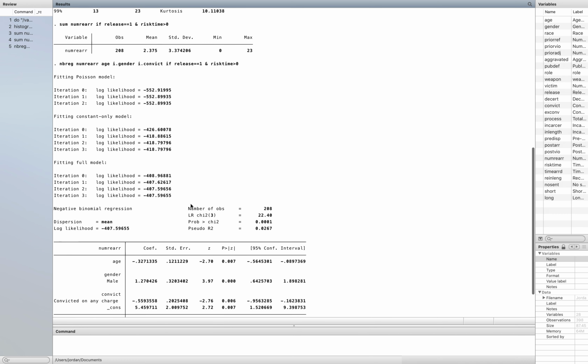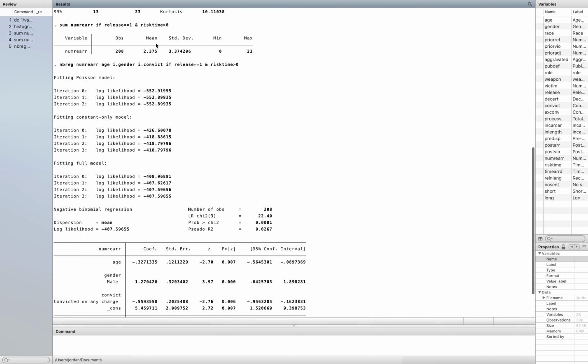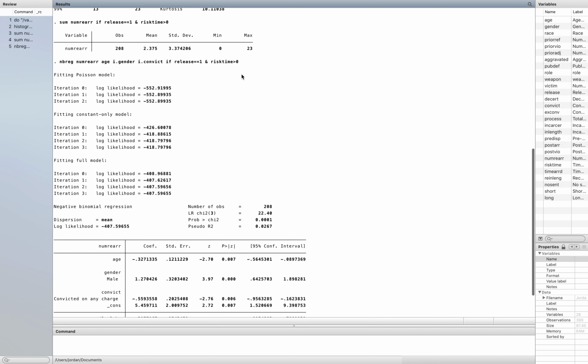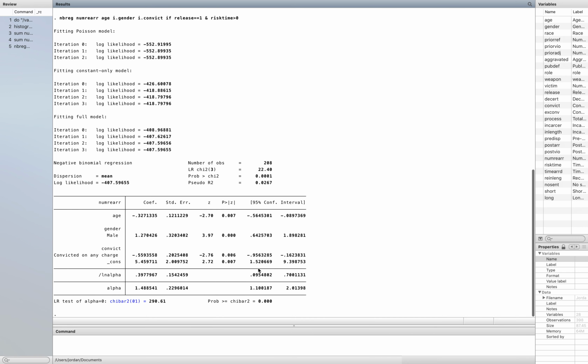Oh, one thing I forgot to tell you. So then we'll go back. If you go back up and you're looking at the descriptives here, you see that the lowest value in the data is 0, meaning people were not rearrested. The lowest value was 0 times, and the maximum number of times somebody was rearrested was 23 times. Apparently, that person was really busy. So, okay. If you're looking at the amount of variation that your model is explaining in number of rearrests, you see it is 2.67%. So now let's look at the